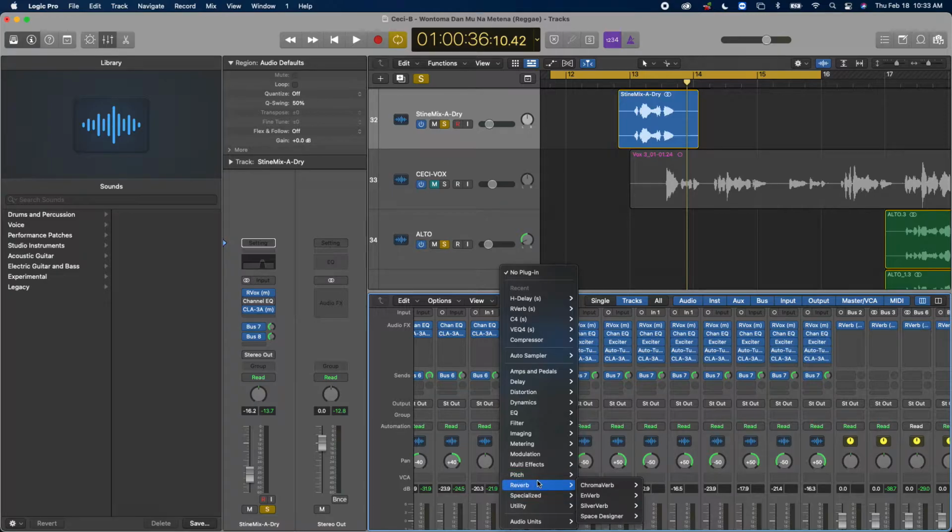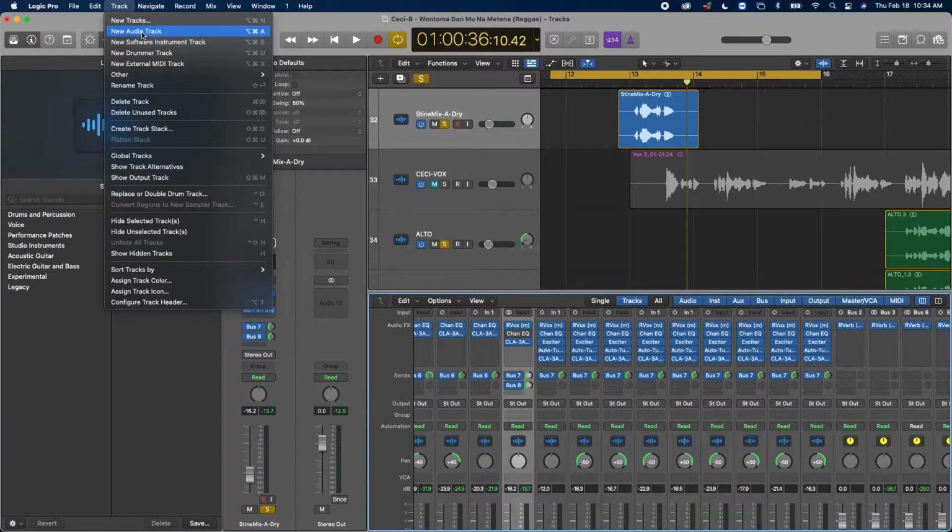Wherever that's hiding. Okay, and delays. You have that here. Stereo delay is a good one. Tape delay is a good one. You just got to know how to use it. Delay Designer, if you understand how to use it effectively, sure. I don't really mess with a lot of Logic plugins. The only thing I really use in Logic is the EQ. That is basically the only thing I use. However, I have Waves stuff that I can use alternatively if I need to. All right, cool.